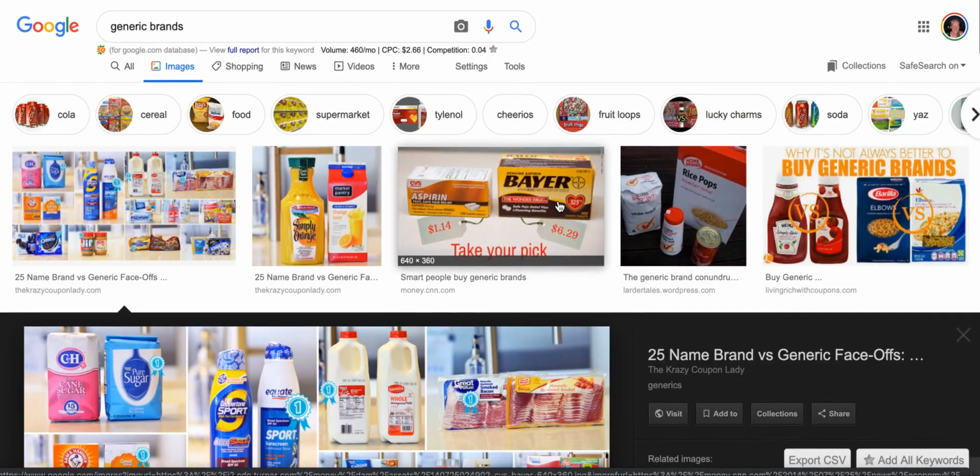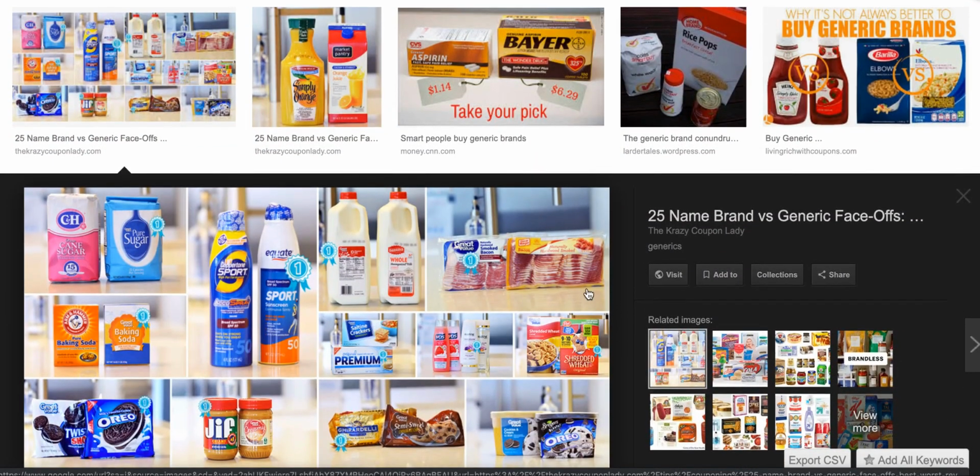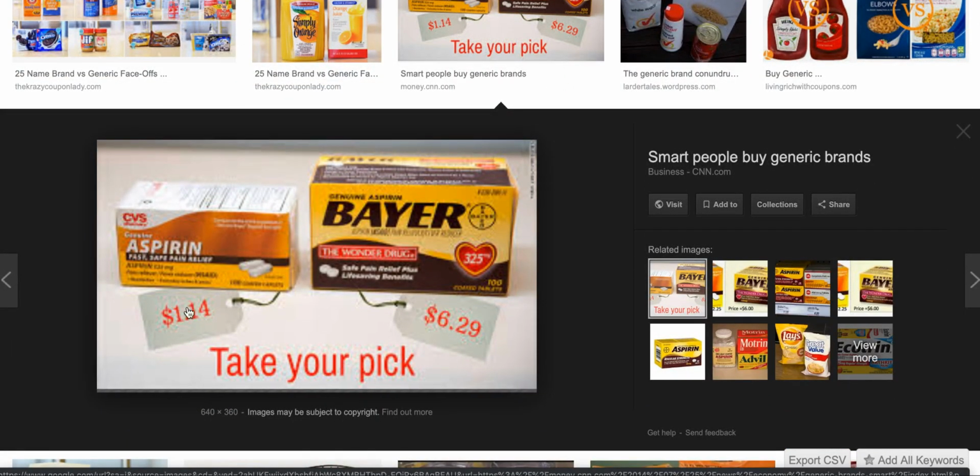So that's the key, is the quality has to remain similar, right? If this was such lower quality than that, then obviously people would just go for the name brand. And some people still do go for the name brand just because they like the extra good quality it comes with. But people that are on a budget, or can't afford the $6.29 Bayer, they'll go for the $1.14 aspirin. And generally speaking, the aspirin that's $1.14 will kill their headache just as well as the Bayer that is $6.29.